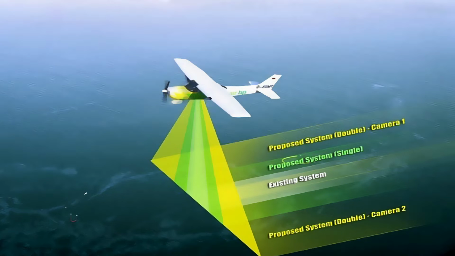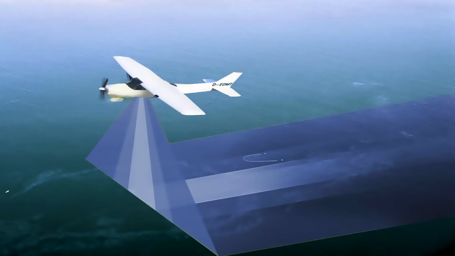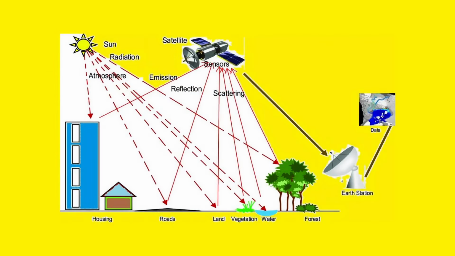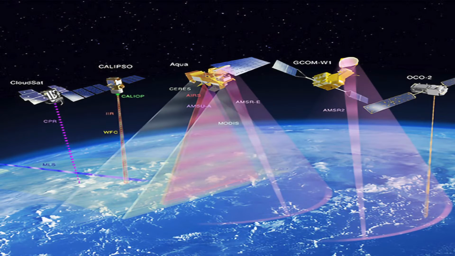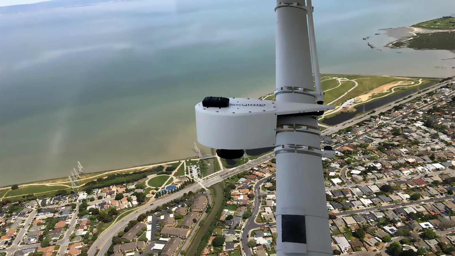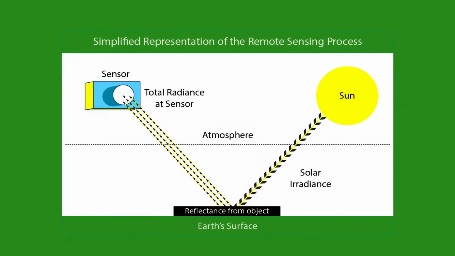Aerial photography consists of taking photographs at regular intervals from an aeroplane flying along a definite line at a certain height above the ground level. The sun provides the source of energy, that is electromagnetic radiation or EMR, and the photosensitive film acts as a sensor to record the images. Variations observed in the images of the photographs show the different amounts of energy being reflected from the objects as recorded on the film.